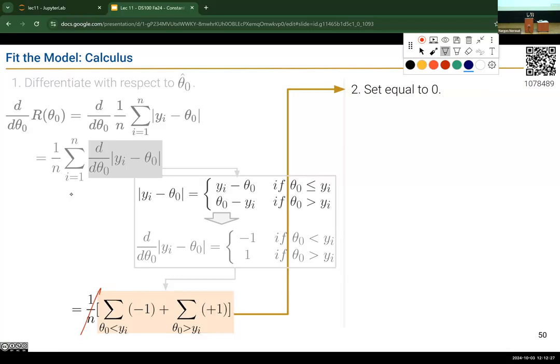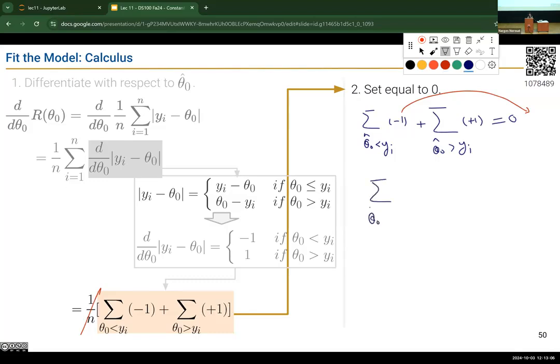When I set it equal to 0, theta 0 will become theta 0 hat. So you'll see that now my summation is over theta 0 hat being less than yi, which is contributing -1, and then the case that theta 0 hat is greater than yi is contributing +1, setting it equal to 0. Okay? So I'm going to move this negative term to the other side, and then take a look at it one more time. So the summation of theta 0 hat greater than yi, this is the term that I moved,